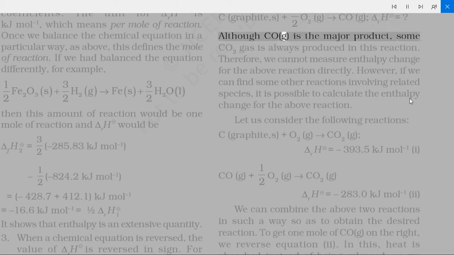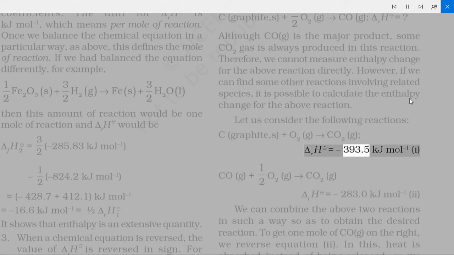Although CO(g) is the major product, some CO2 gas is always produced in this reaction. Therefore, we cannot measure the enthalpy change for the above reaction directly. However, if we can find some other reactions involving related species, it is possible to calculate the enthalpy change for the above reaction. Let us consider the following reactions: C(graphite, s) + O2(g) → CO2(g),